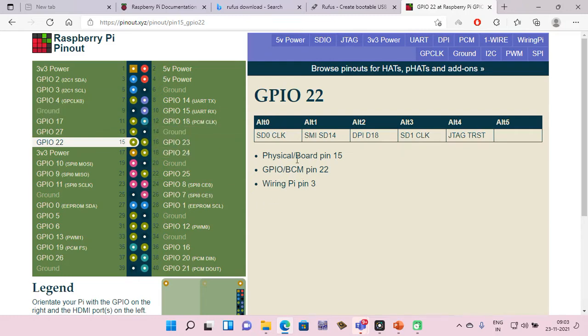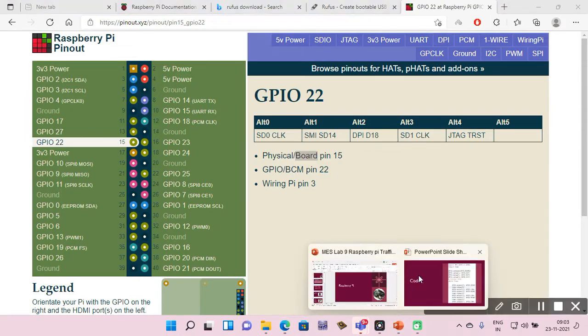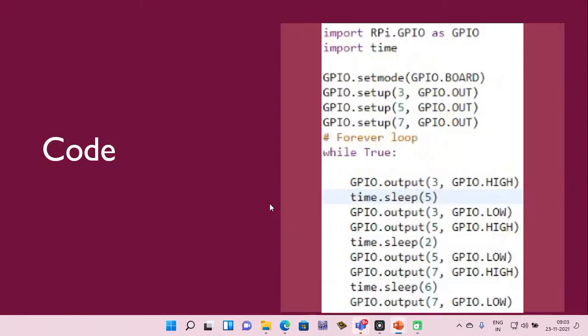If you want to use physical pin number 15, then you need to tell it board. Otherwise, you tell BCM, at pin number 22. If you don't use the term board, then you need to use BCM, and this is the way to refer to GPIO 22, 27. If you use the term board, then it is physical numbering. Over here we are using the physical numbering, so we use the term board.